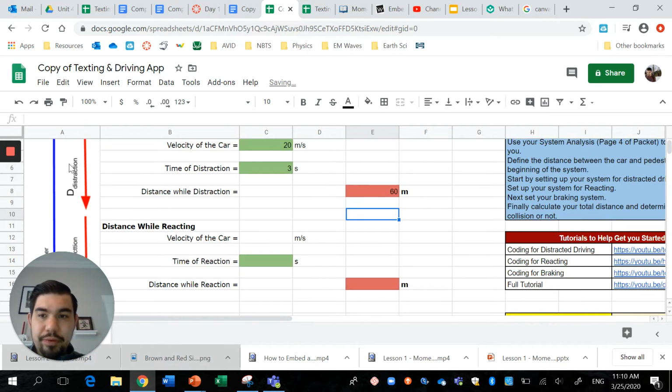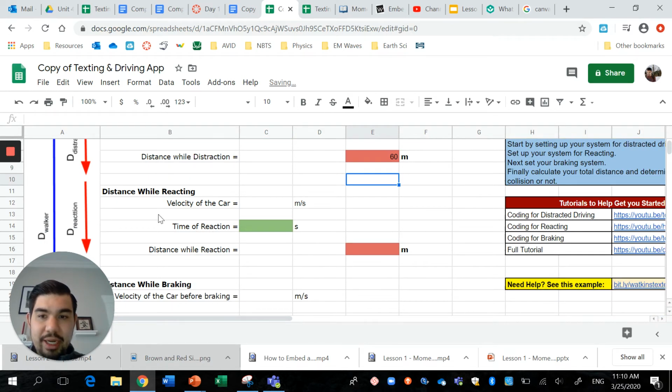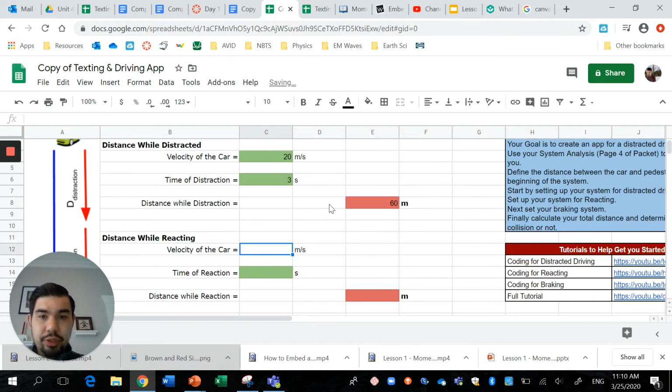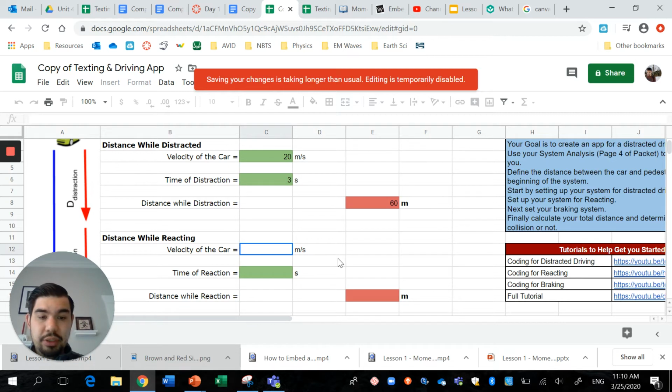Now, we figured out our distance while distracted. We moved down to our distance while reacting. Now we know that our velocity has not changed because while you're reacting, you look up, you see the pedestrian, you start moving to press on the brake pedal, but you haven't pressed it yet. So you're still moving with constant velocity. So what we could do is we could just type in 20 meters per second because we know we're still going 20. But one easier way we can do is we can